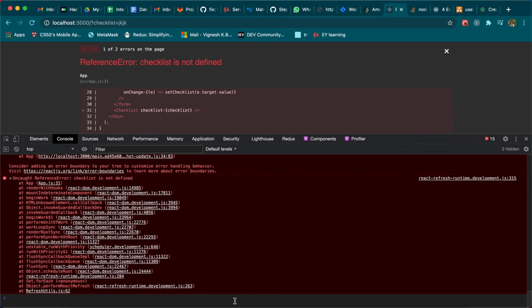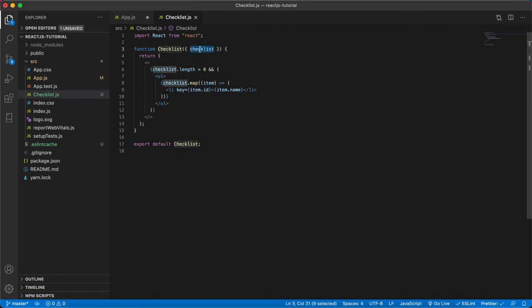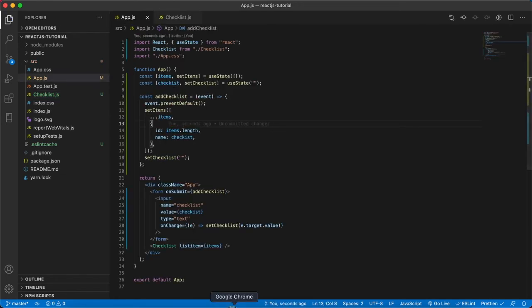Okay, so there's a naming conflict. So I have to use a different prop name. I am going to use say list item. This particular prop I can use there as well. You will always get this kind of confusion whenever you are coding, right? So you have to make sure that you are passing the correct name to the component so that it doesn't fail. And let's save this and see it again.